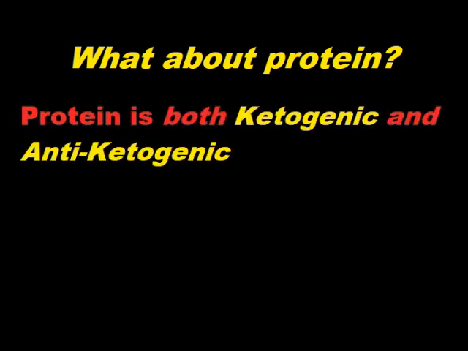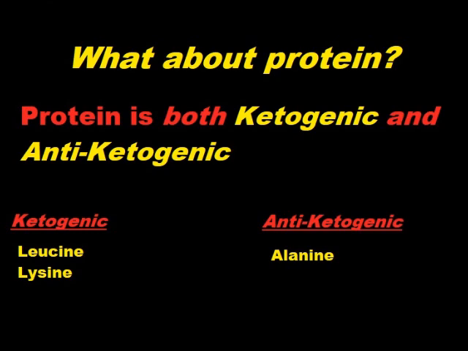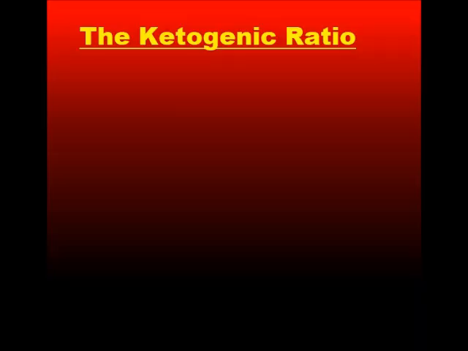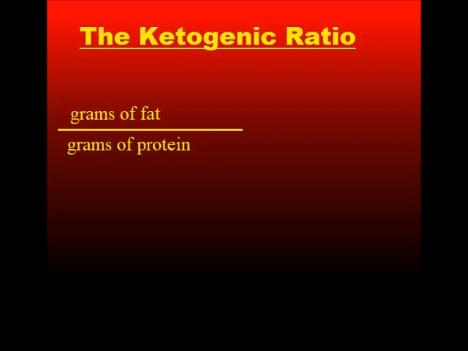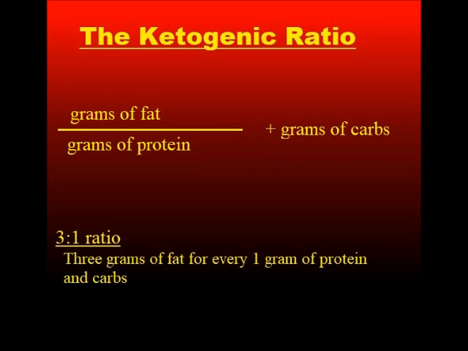Some amino acids found in protein, like leucine and lysine, can be ketogenic, while other amino acids, like alanine, are anti-ketogenic. For the sake of the ketogenic ratio, protein and carbohydrates are classified as anti-ketogenic factors, and fat is the ketogenic factor. Therefore, we can say that the ketogenic ratio equals grams of fat divided by grams of protein plus grams of carbohydrates. A 3-to-1 ratio means that there are 3 grams of fat for every 1 gram of protein